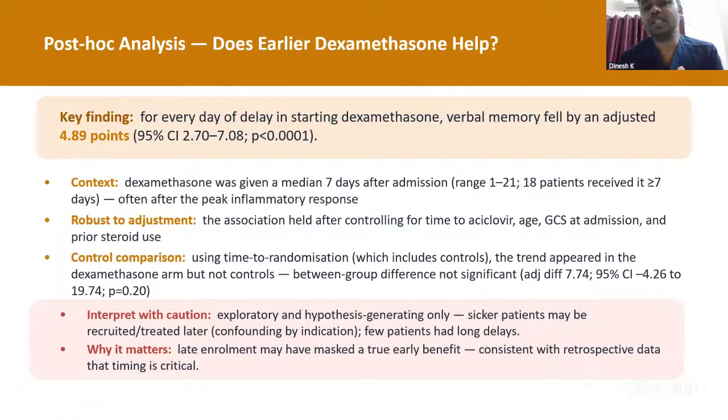The second thing is that the dexamethasone was given at a median of 7 days after admission, while the peak inflammatory phase is during 48 to 72 hours. So first of all, they have given the dexamethasone late. The second thing is, even if they gave it late, they found that every day of delay in starting the dexamethasone, the verbal memory fell by 5 points, which I'm not able to correlate pathophysiologically, because if they had given dexamethasone on the second day and third day, then some of the patients for 7 days, then we can take it as